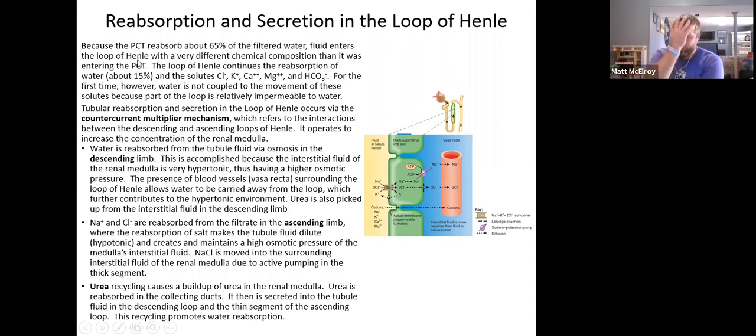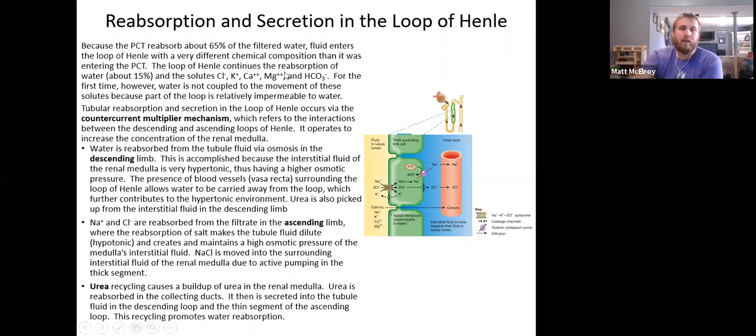So that sentence basically means we returned a lot of that stuff back to the blood already. So the fluid inside of the loop of Henle is a lot different than it was back up here in the proximal convoluted tubule. We're going to continue reabsorbing water, about 15% of that water that we filtered out, along